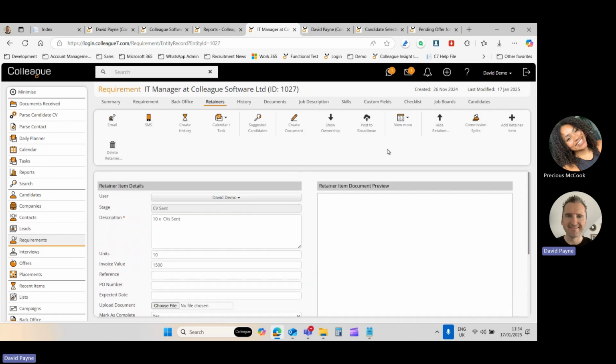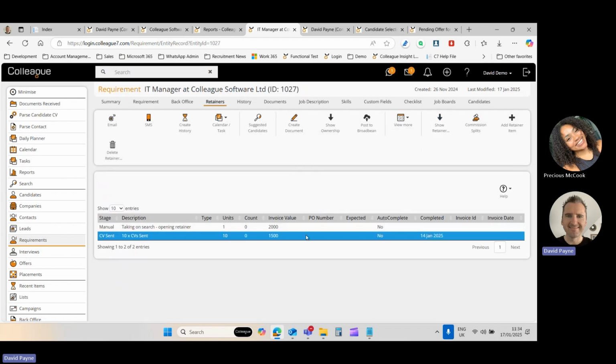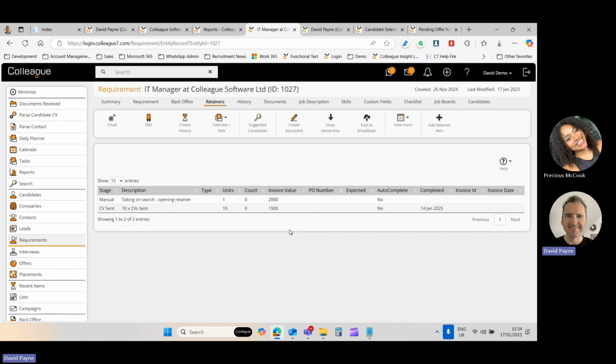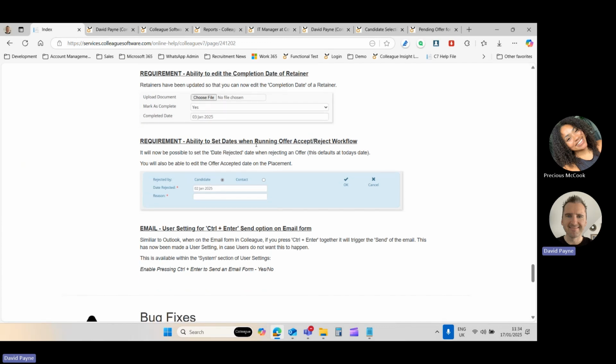It just allows for that little bit of audit autonomy. So if you need to do your admin and say, well, I actually completed that back then, you've got the means to do that now. That's against retainers. The other option that's done, which is of a similar ilk, is with regards to